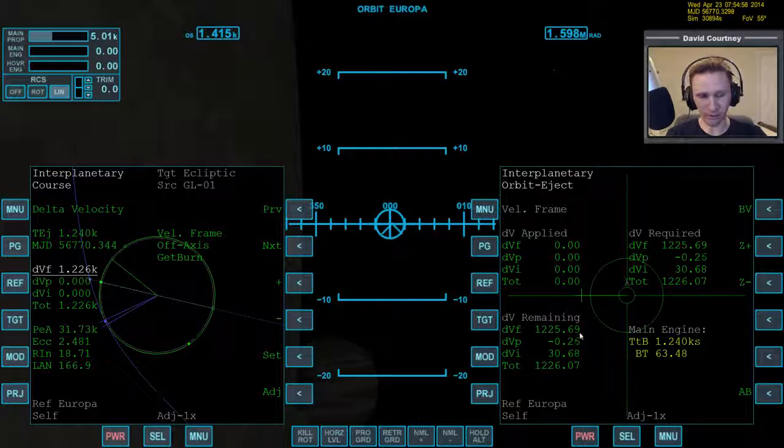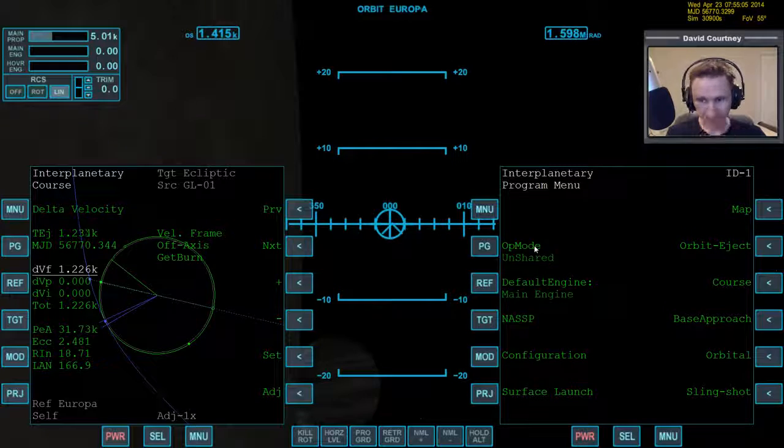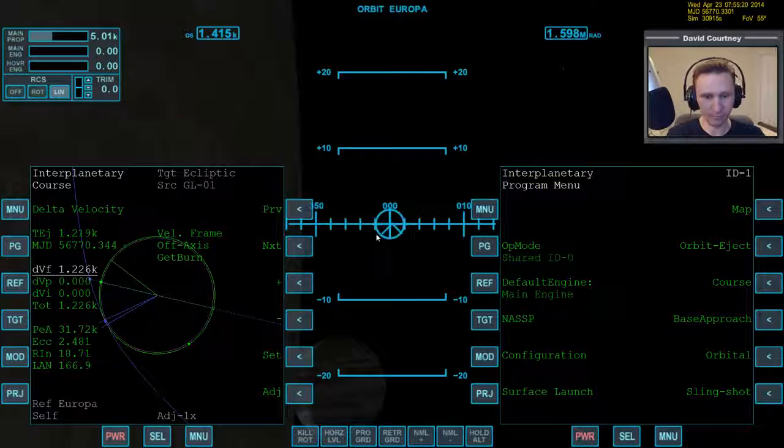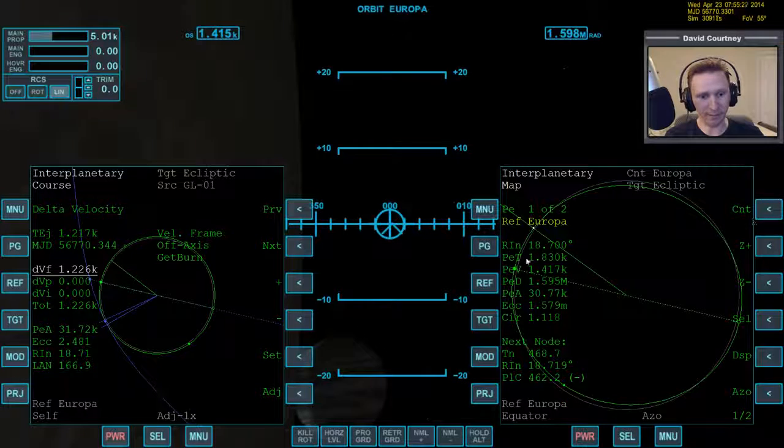And now we are done with the orbit eject program. We have the information that we need from it. So let's bring up the menu, and now we need to bring up the map program, but the map program has to get data from somewhere, and the somewhere it's going to get its data from is going to be the delta velocity program. So we need to share this side now with that side. Now we can bring up map,